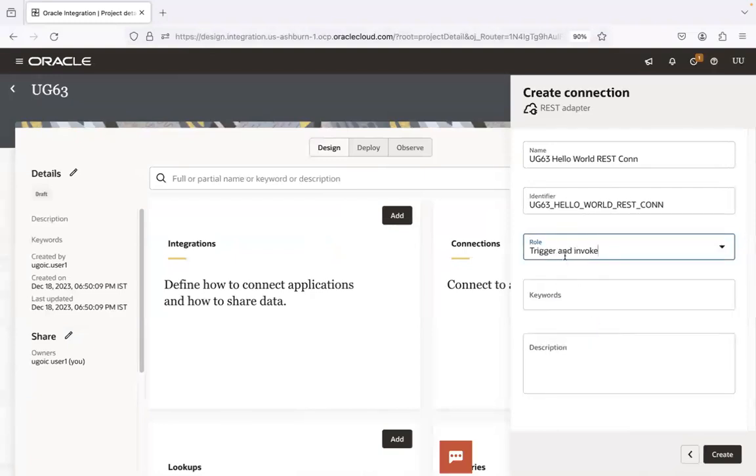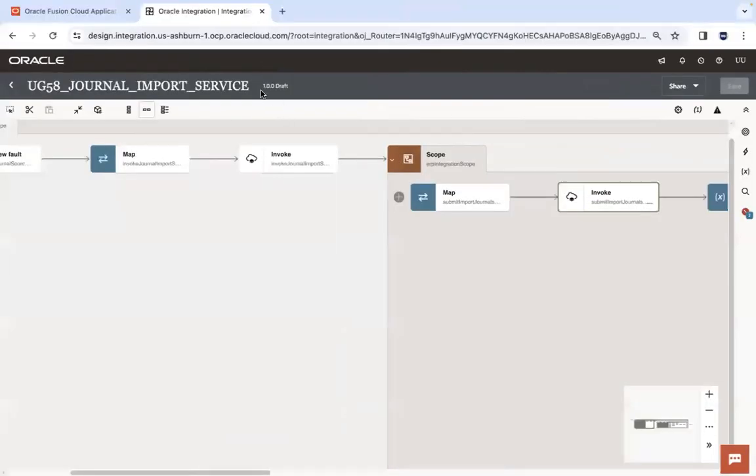Now when would this come handy, guys? Especially when you create connections for generic systems like ERP cloud or HCM cloud or Salesforce or database, we usually use roles called trigger and invoke. Why is this the case, guys? Let's take a scenario and try to understand it. Let's say, for example,